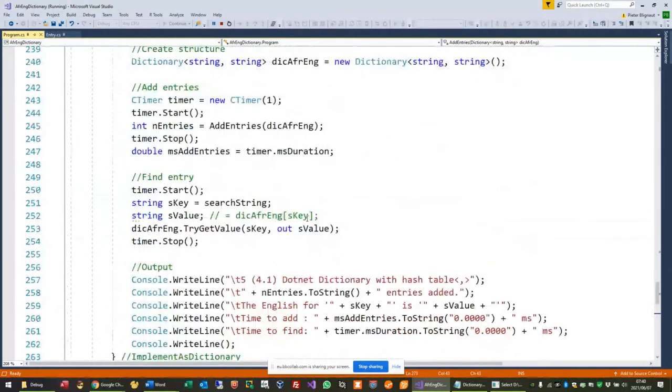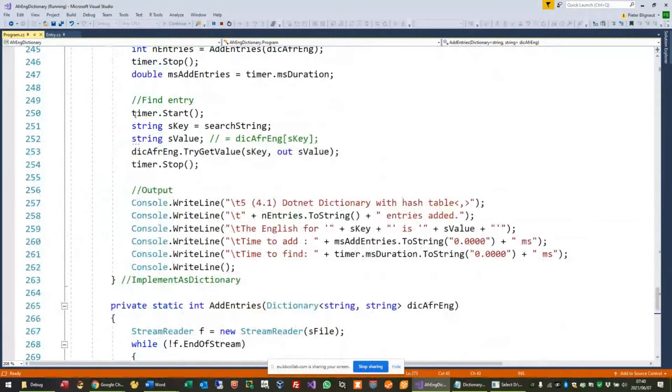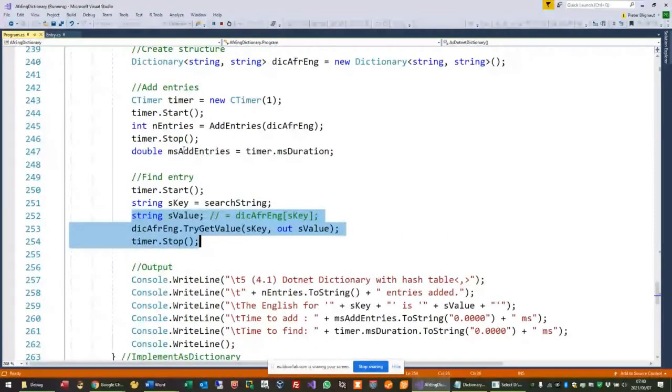And then we have our find in the dictionary. And there are two ways. Actually, I think there are three. I have only two here. So we start the timer and we stop the timer when we add the entries, and then we start the timer again when we find something and we stop the timer. Now, if I want to find something, I can either,